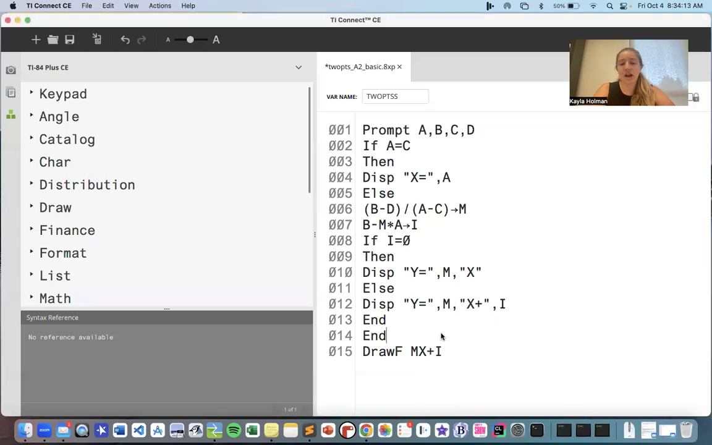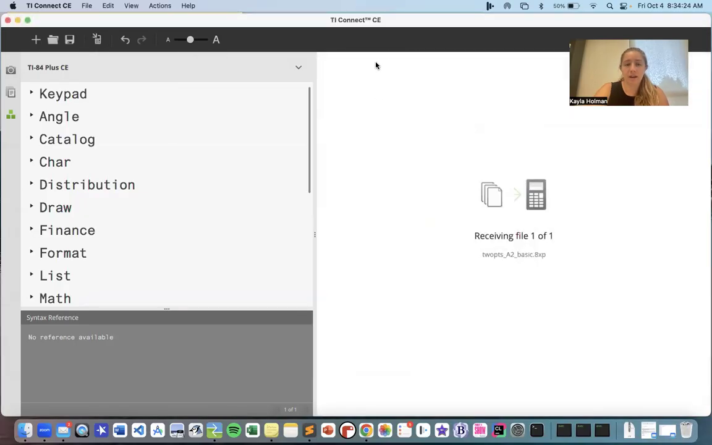Let's actually add one more command to this. It's going to make it a little nicer. So before I do the DrawF, I'm actually going to add a command called Pause, which will make it so that I actually have to physically hit the enter button to do the next part of my code. So now I'll upload this back onto my calculator,